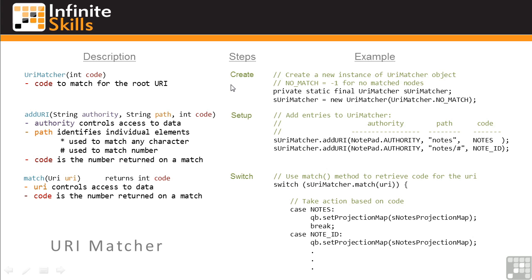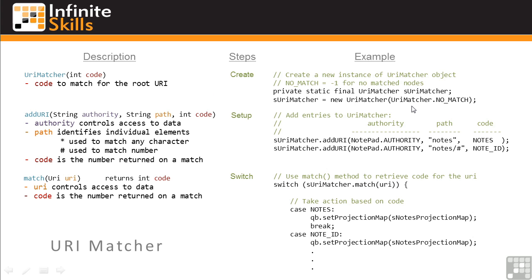There are 3 steps. First, creating the UriMatcher, then setting up the matching paths and codes, and finally switching to route processing via the switch method. So let's go through each step and then we'll look at example code in our Notepad app. In the first step, you create an instance of the UriMatcher using the UriMatcher constructor, giving it a code for any root URI structures. If there are no common root structures, the code should be -1, as we've set it in this example here